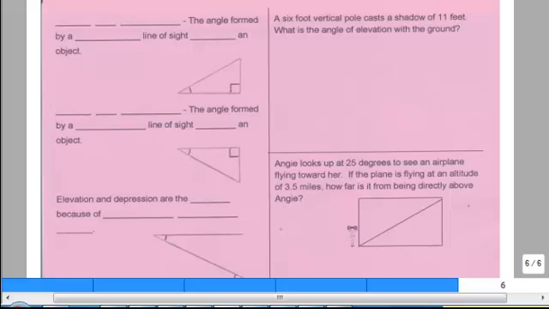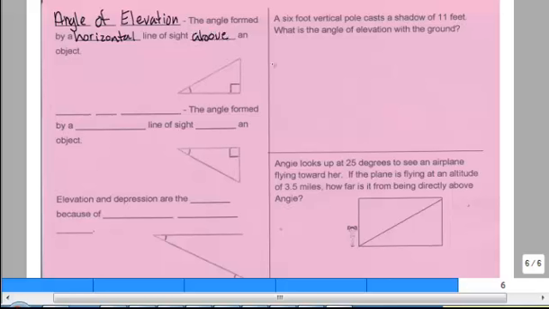We're going to finish up our foldable today. This is the very last page. We are starting with angle of elevation. That is the angle formed by a horizontal line of sight above